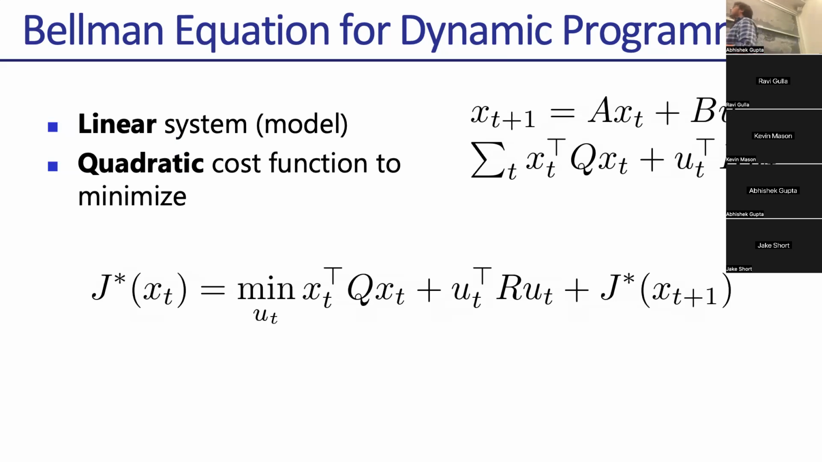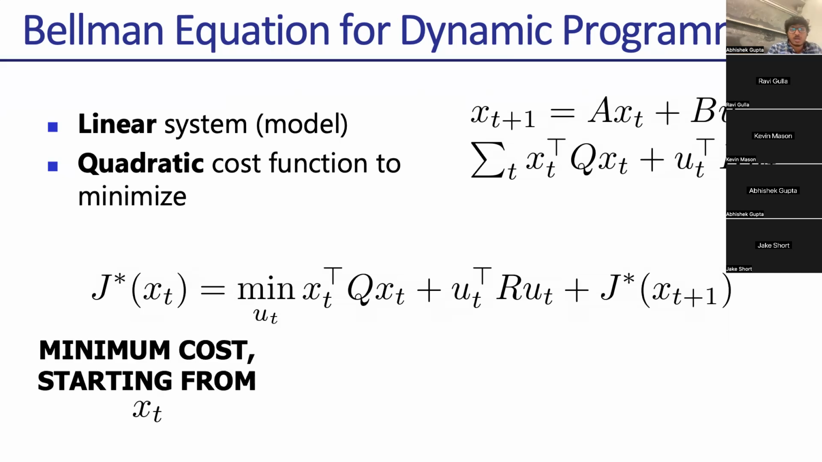Let's define this entity J, right? J is basically the sum of costs in the future, and J star is going to be the optimum of that, right? So your minimum cost starting from x t is going to be your immediate cost plus your future cost, right? So you can think of it as